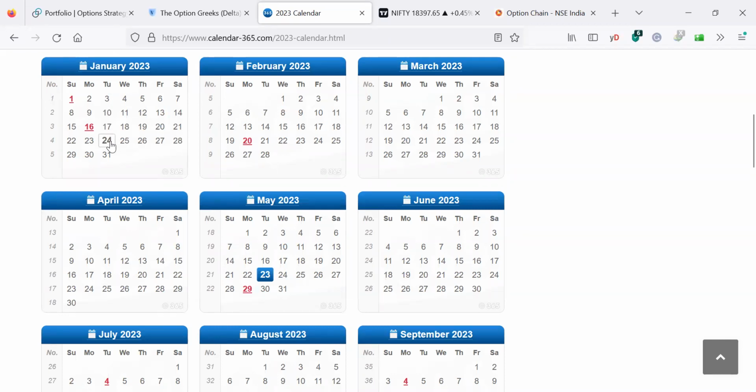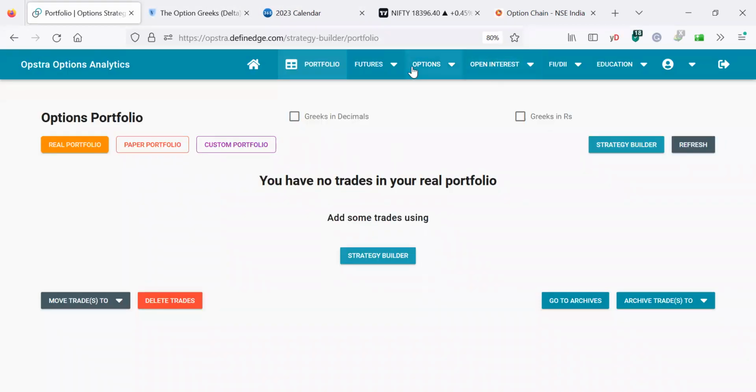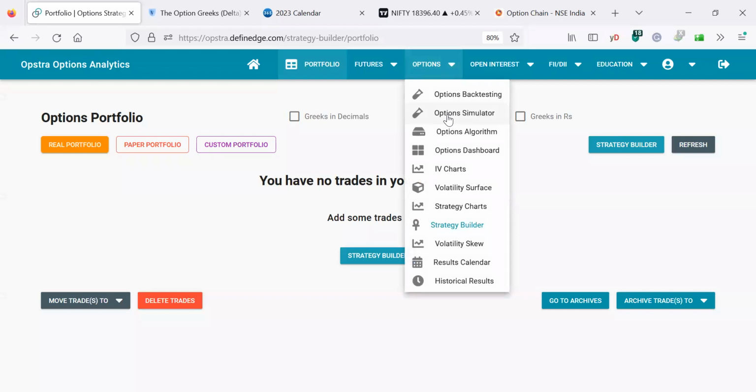So if we just check the expiry January 2023, that will be on 25th of January. So we'll deploy the monthly strategy on Monday, that is 2nd of January. So let us deploy the strategy. So I'll go to the option simulator,